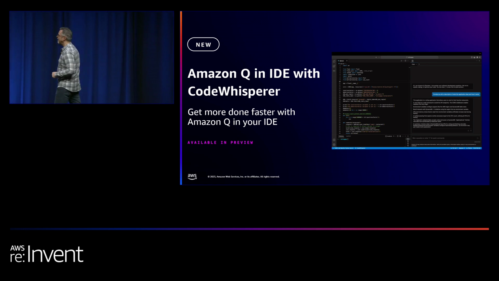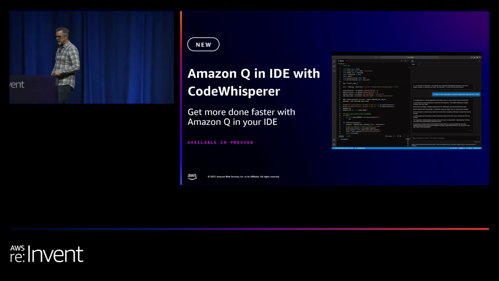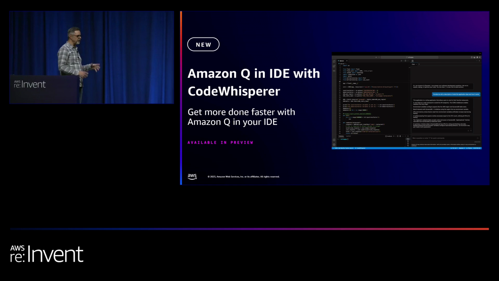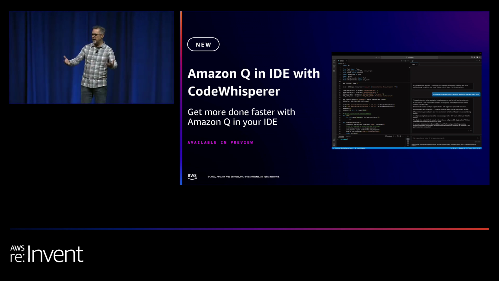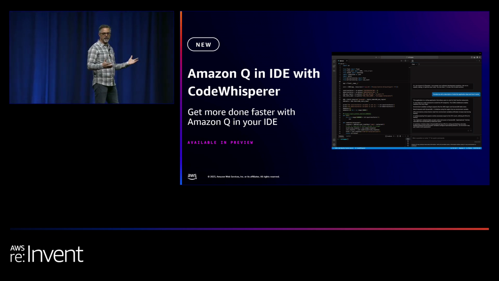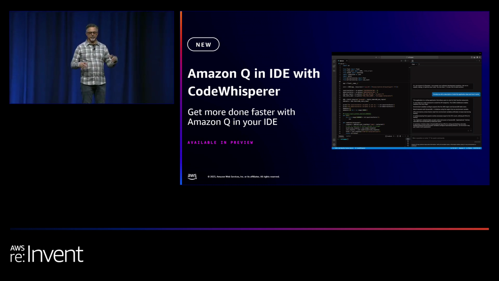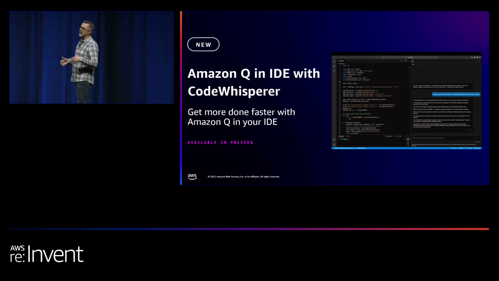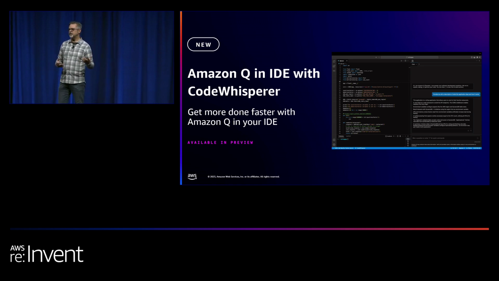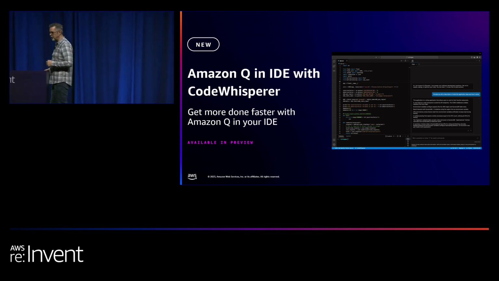All right. OK. So now let's talk about Q in the IDE. So Q and CodeWhisperer are these things that work together. Think of CodeWhisperer as the tools from AWS that we integrate into your development environment to help make you more productive. So you get CodeWhisperer, it's packaged into the AWS toolkit. CodeWhisperer is installed into your IDE, and with that you get this collection of tools that are designed around making you more productive as you're writing code. One of those tools now is Q. Q is one of the tools we want to bring into the development environment to help make you more productive.